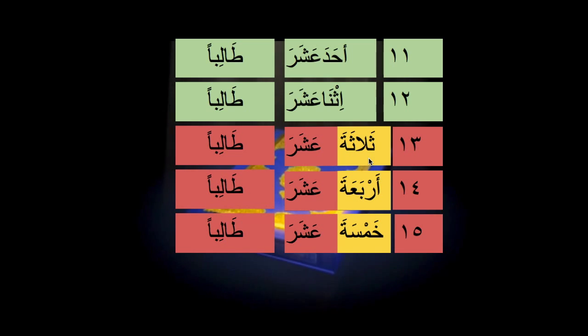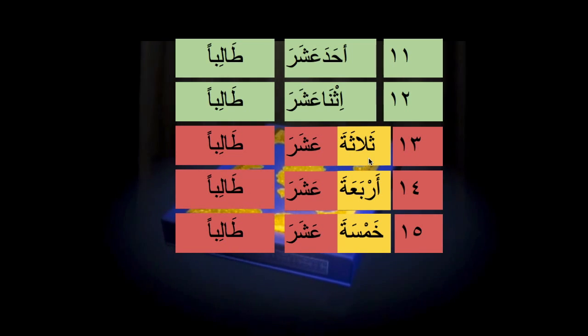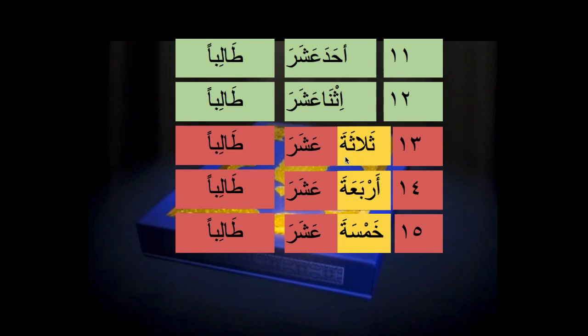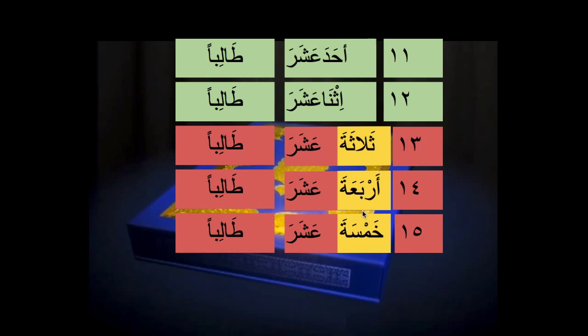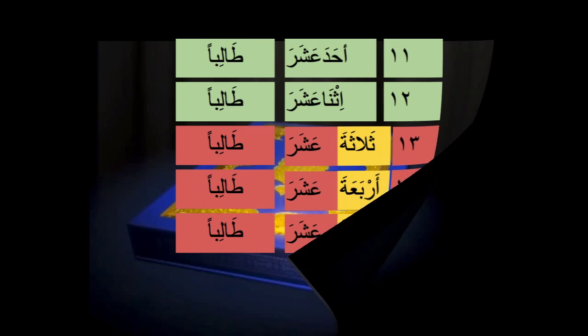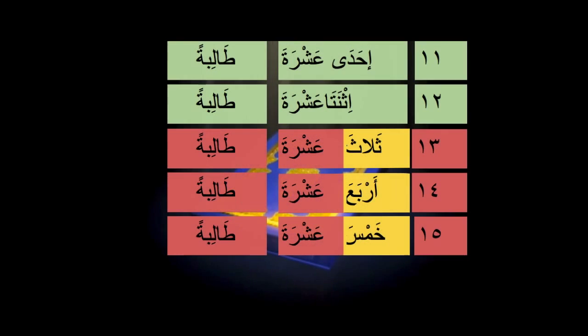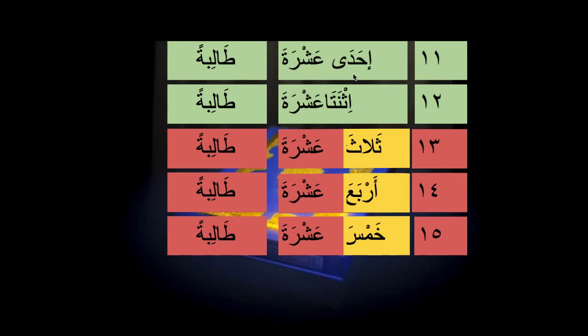So this is the example for طالبا. If you want to say أحد عشر طالبا, اثنا عشر طالبا, ثلاثة عشر طالبا, أربعة عشر طالبا, خمسة عشر طالبا. But if you want to go to مؤنث, if you go forward and we say مؤنث, so we'll say,